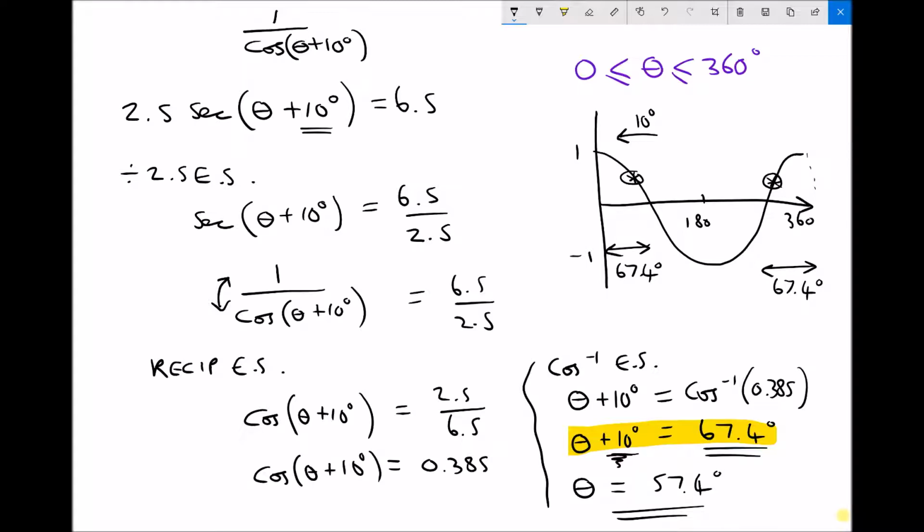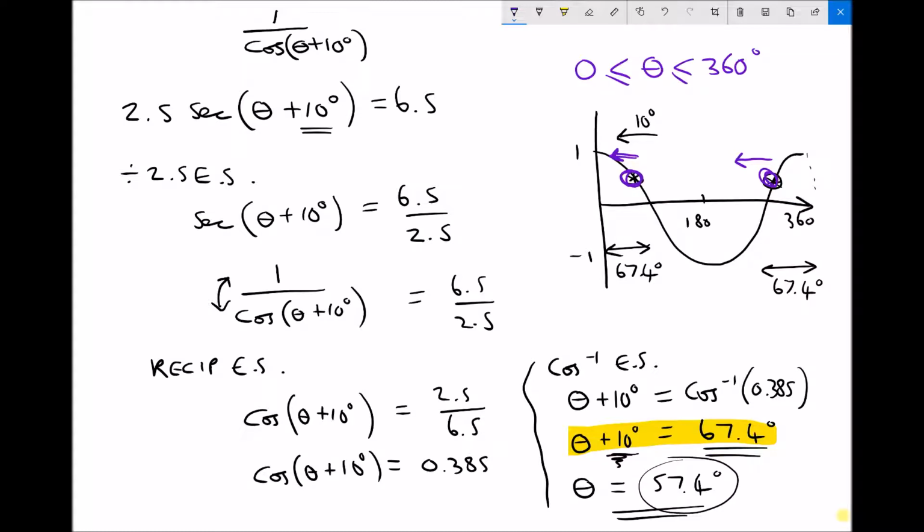And we can see that indicated in our answer, because our true value of theta after we apply the phase shift is 57.4. If we imagine all of this sliding 10 this way, so this point here is sliding 10 this way, and this point here is sliding 10 this way,